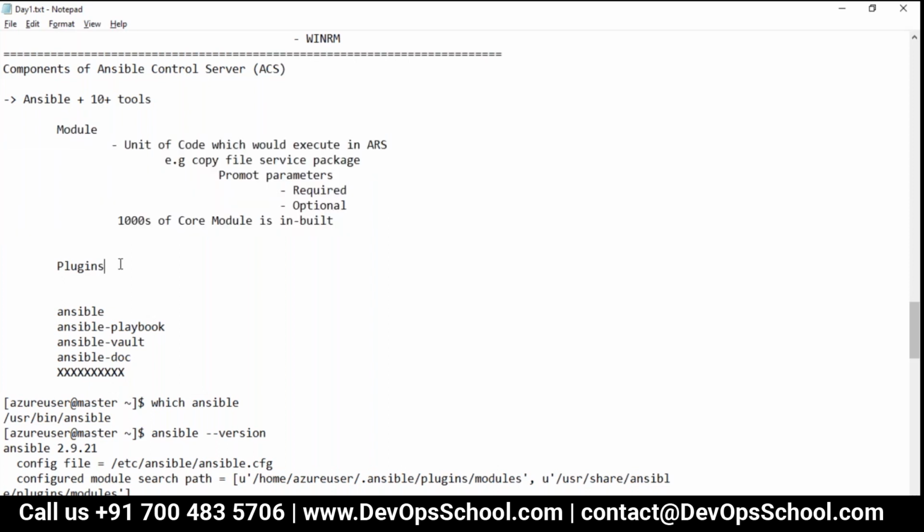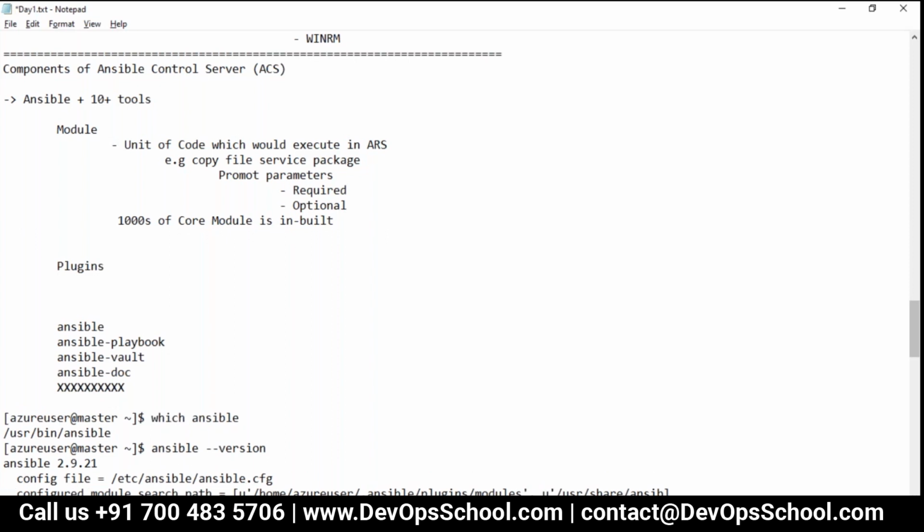Now the next one is, what are plugins? Basically, plugins are again code. Understand that. Plugins are code which empowers various functionality of Ansible.